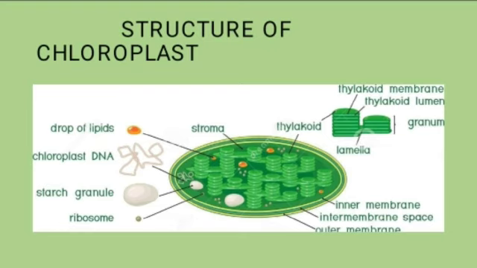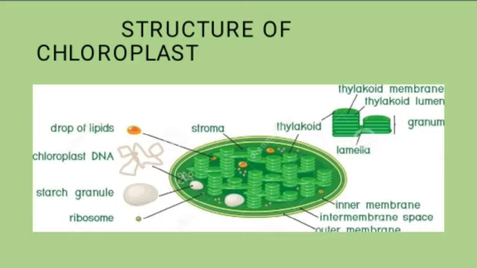Thylakoids form a stack of disc-like structures called grana. The singular is granum. What is grana? Some of the thylakoids are arranged in the form of discs, stacked one above the other. These stacks are termed as grana. They are interconnected to each other by membranous lamellae called fret channels. Now we'll move on into the functions of chloroplast.